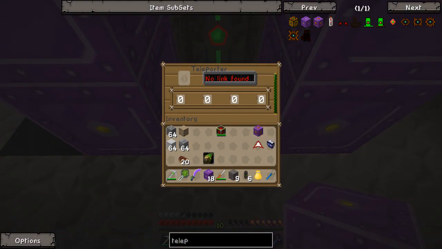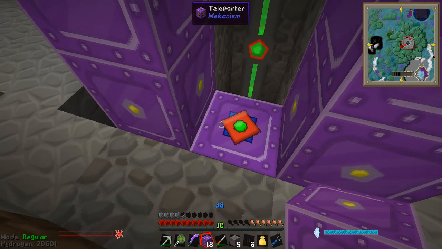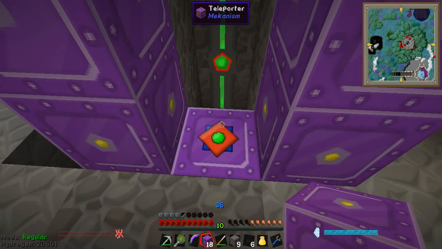Now you got to put a frequency. So let's just go 111 for now for testing purposes. It's full of energy. No link found. I don't know what this slot represents. Now what we need to do is test how much energy it takes to transport. So what I'm thinking,